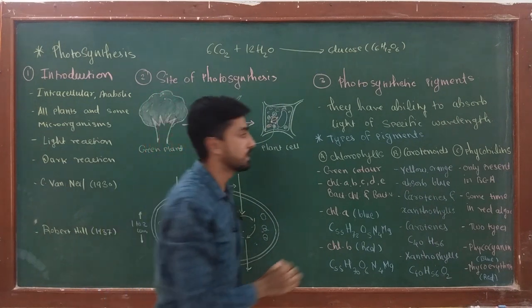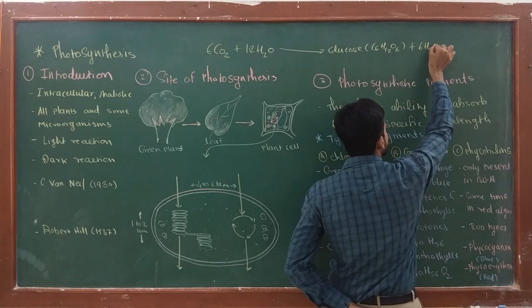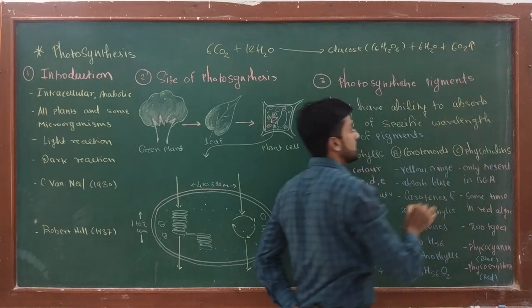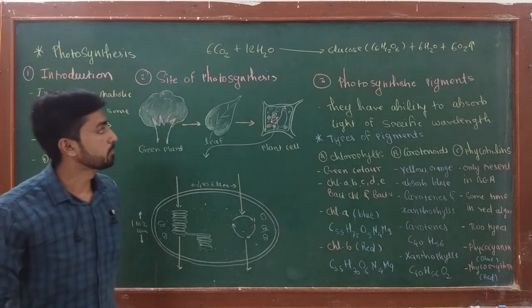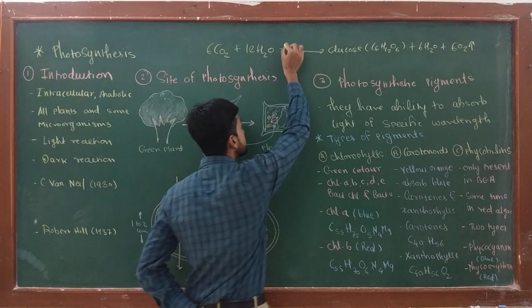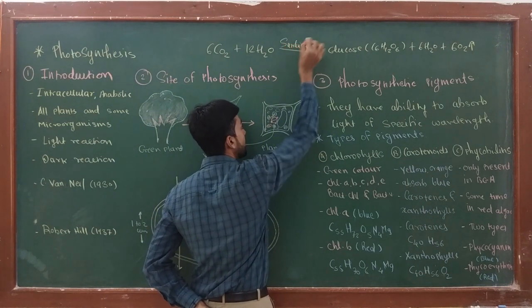And in this reaction, water and oxygen gas are liberated. Actually, plants perform photosynthesis by using sunlight and